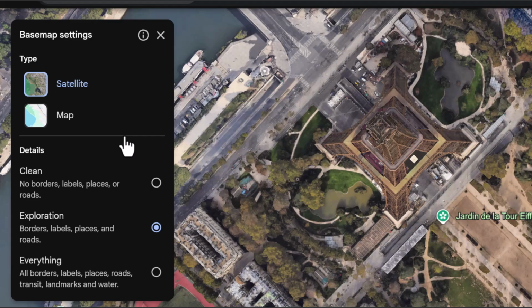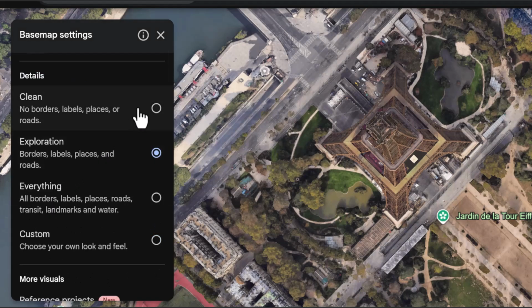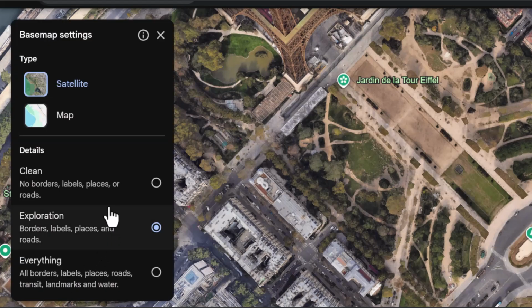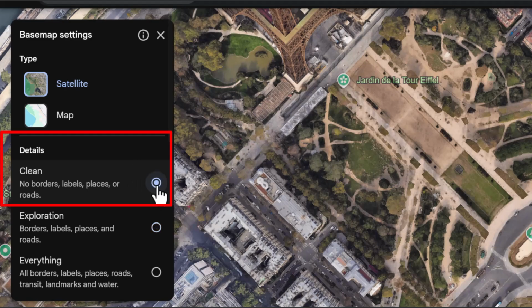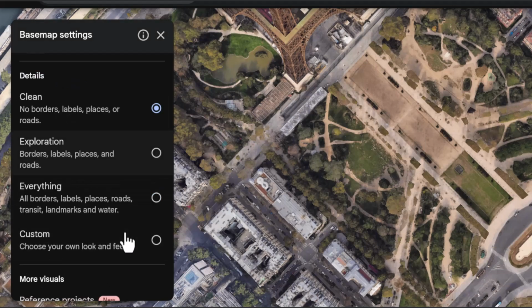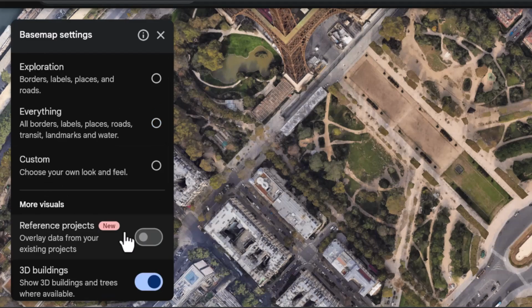Inside the Layers menu, you can select the Exploration view to see major landmarks and roads, or choose Everything to see detailed transit information. If you want the most realistic view possible, try the Clean option, which removes all text and lines, leaving only the beautiful satellite imagery. Experiment with these different styles to find the one that best matches the professional tone of the project you're planning